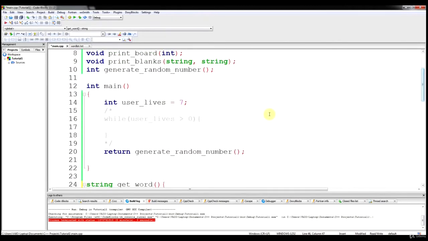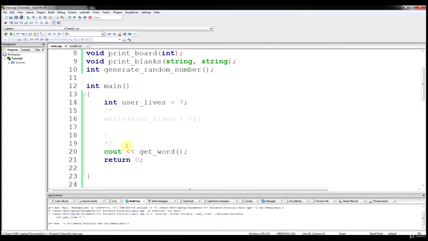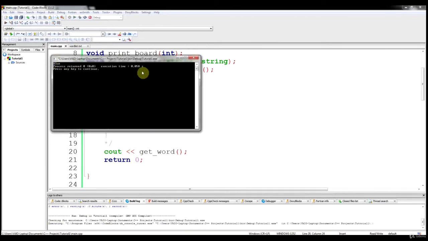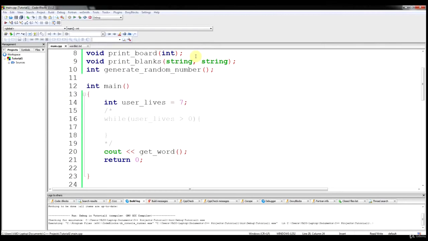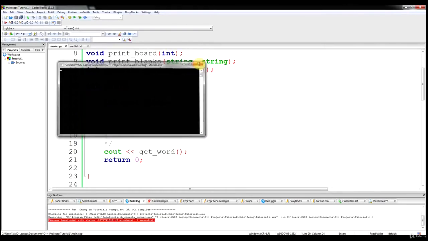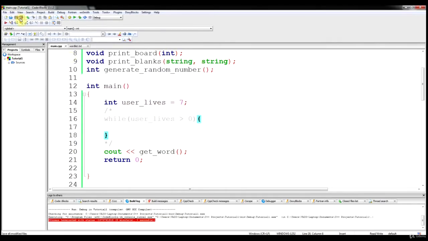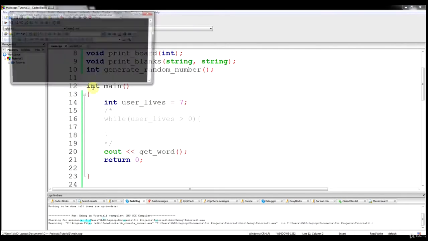And just to kind of show you that, if we go up to our main function here, we were returning a random number before. We'll go ahead and put that back to return 0. We're just going to see out get word and make sure it works. And if we do that, we get the word blue. If we run it again, one second, let's save it. If we run it again,